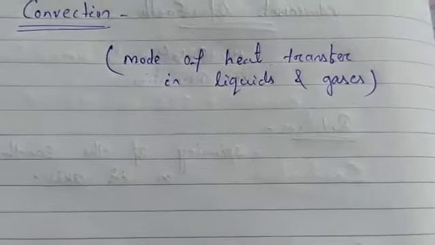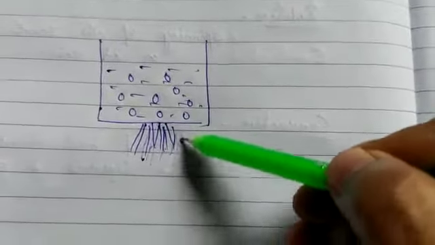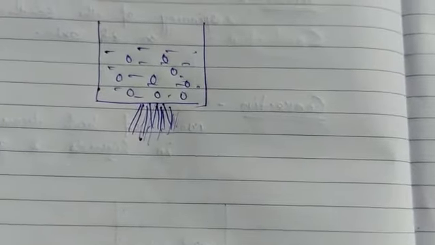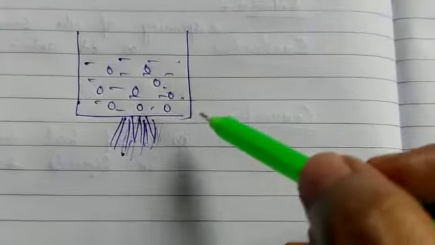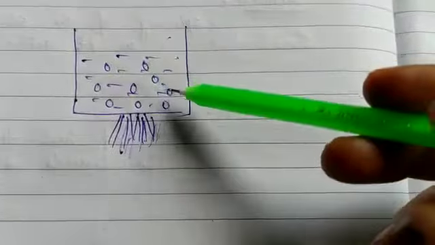I have taken water in a container and we will provide heat. When we are boiling water, the whole water becomes hot and the whole water starts boiling. That is because of convection. We know that the molecules in the liquid state are not tightly pegged, they are loosely pegged. You can see there are some gaps between the particles of the liquid.